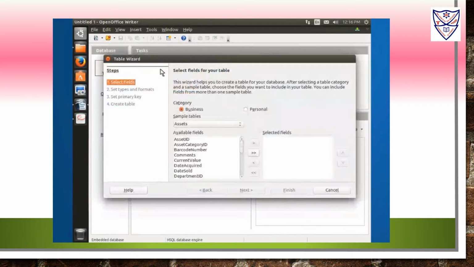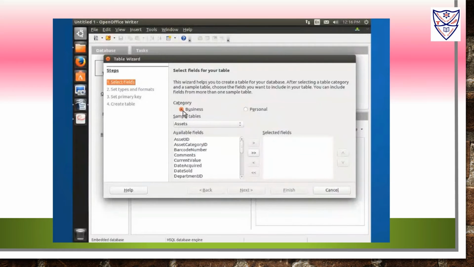The Table Wizard dialog box will appear, showing you step 1 of 4 steps used for designing the required table. Step 1. Select fields. The first step of Table Wizard helps to choose the table and its required fields. Choose the required table category from the options Business and Personal, for example, Business.